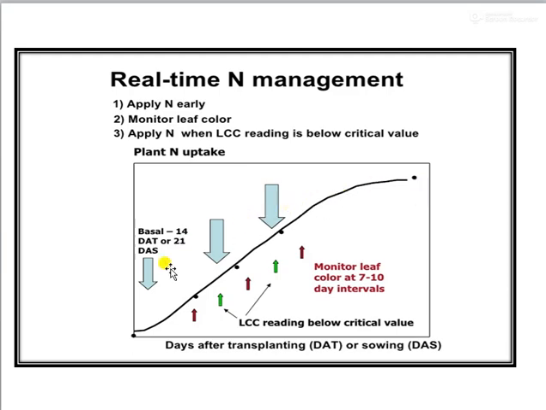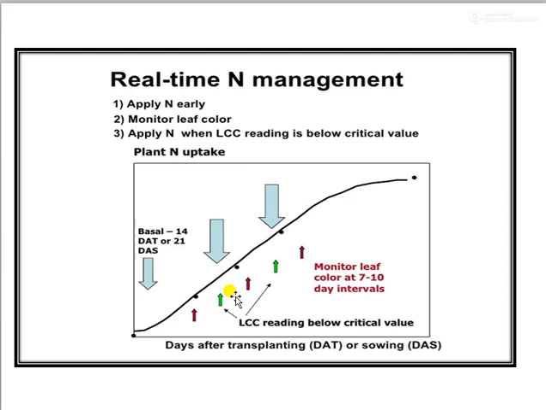If nitrogen is applied early, there will be less demand. Also during the senescence or maturity stage, the demand for nitrogen will be reduced. With respect to the vegetative and reproductive stages, the demand for nitrogen will be more, and the chlorophyll content will also be synthesized more during the vegetative and reproductive stages. The LCC, which indicates the chlorophyll value, will increase and be higher in the vegetative and reproductive stages.